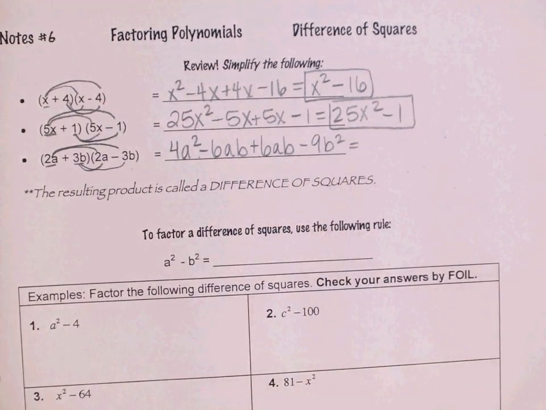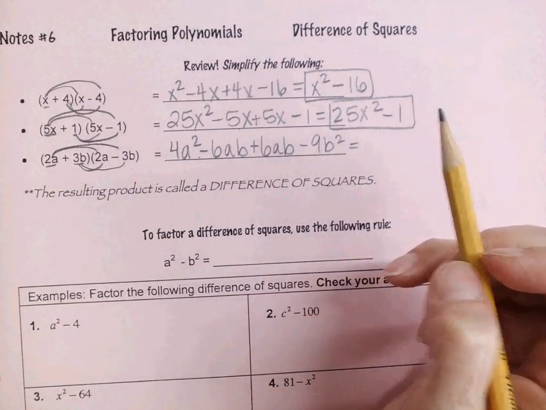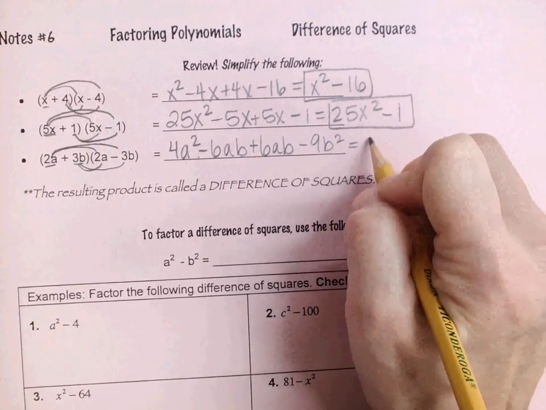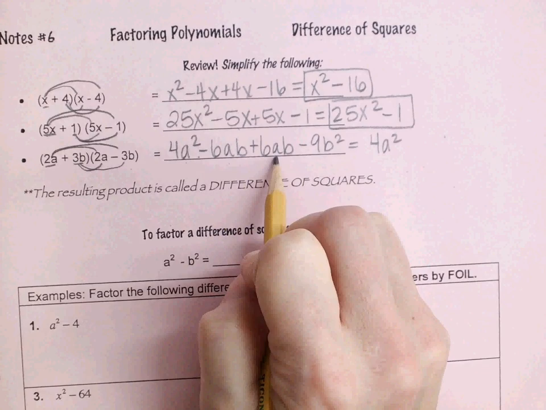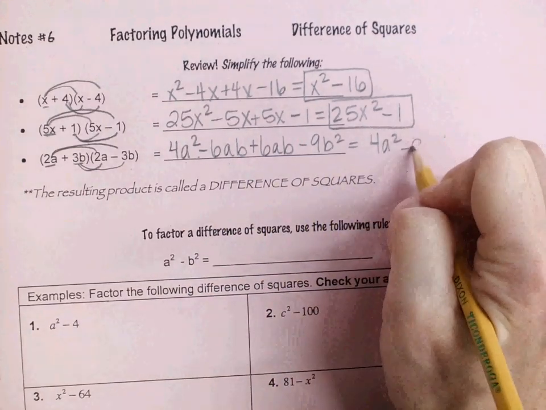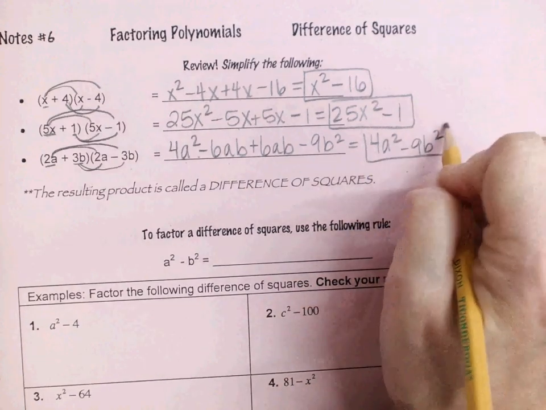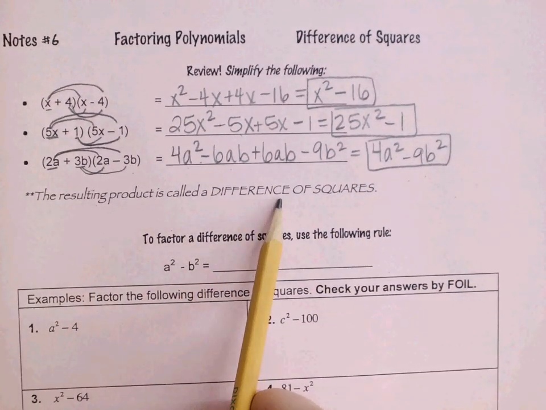Again, go ahead, combine like terms, and write our simplified answer in standard form. So we're going to do highest exponent or in alphabetical order first. So we have 4a squared, negative 6ab plus 6ab do cancel, and then I carry over my negative 9b squared. Okay, so the resulting product is called difference of squares. Now remember that